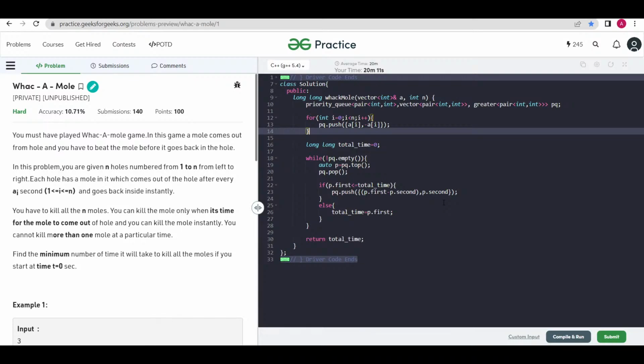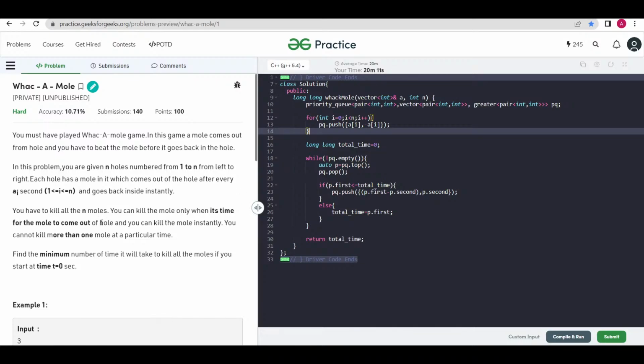But if we have already killed it, then it will already be eliminated from the priority queue. If we have not killed that particular value, then the time should be updated there. So for updating the time, we have updated the first time. So first time is updated by p dot first minus p dot second. P dot second is subtracted here because we have the value that is negative, and when minus of minus is added, it is added to the sum value. So it is kind of a p dot first plus p dot second value. So that time is increased for the next iteration